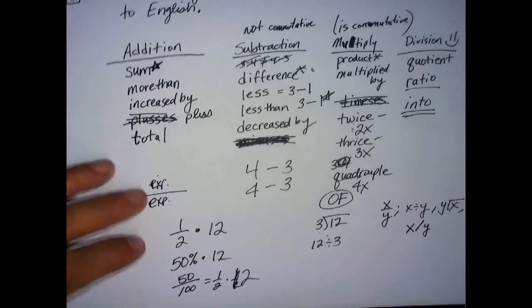Now let's look at some examples, since we're moving right along. The sum, and for the unknown variable, I want you to use x. So we're going to translate these. We're not going to translate from algebra to English. We're going to translate from English to algebra. Okay, the sum